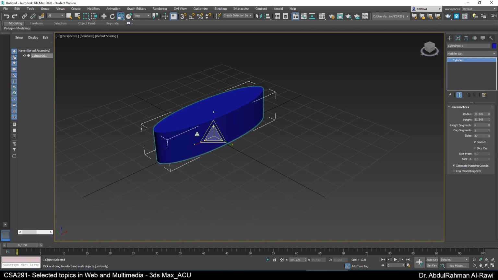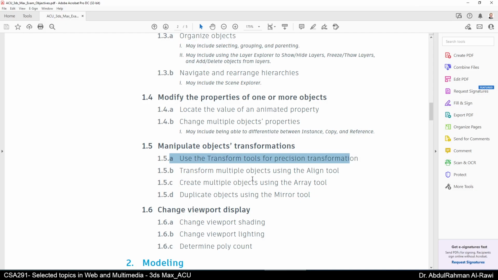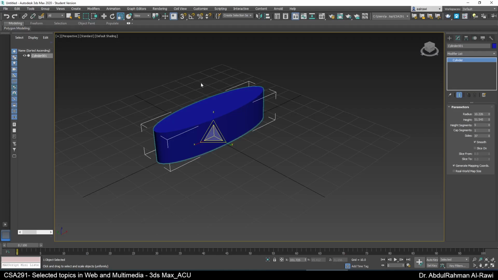So this is an object, just like clay modeling. When you do modeling in 3ds Max, just like clay modeling, if you have imagination, you can form your object as you want with several modeling tools which are available here, and we are going to talk about them in the modeling section, inshallah. So basically, this is the first topic, use the transform tools for precision transformations. We learned how to use them for two things, normal transformation and